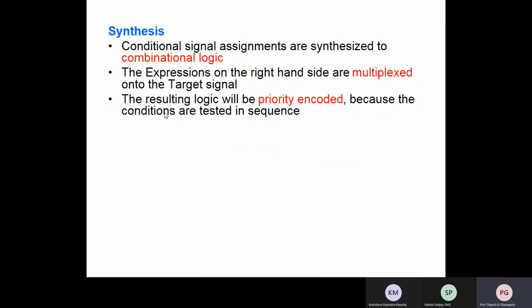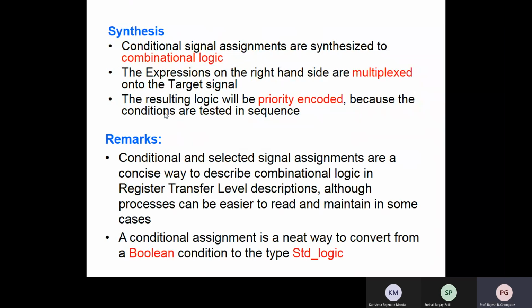Okay, that is it. Conditional and selected signal assignments are a concise way to describe combinational logic in RTL descriptions, although some processes can be easier to read and maintain in some cases. As I said, this is equivalent to a process containing the if and all those kinds of sequential statements, which we are going to see later on. So this is a different way of doing the same thing. Conditional assignment is a neat way to convert from a Boolean condition to a type STD_LOGIC. This is also important because if we are having only a Boolean expression,